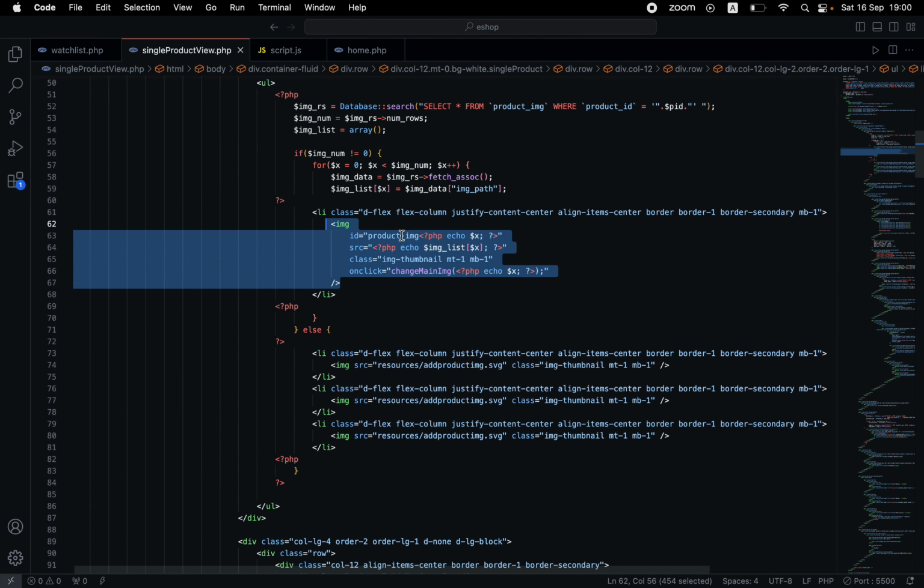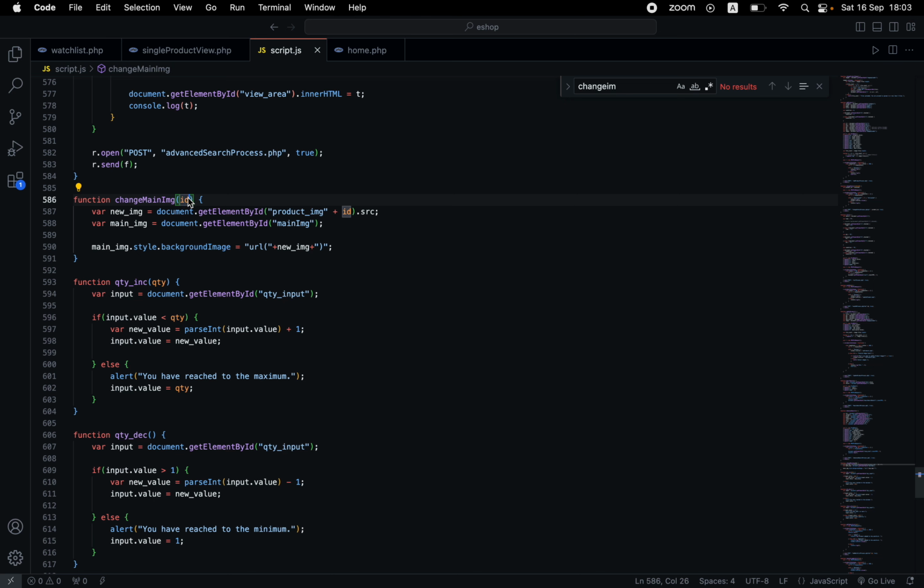So when the user clicks on this image tag, this function will be invoked, and it will pass this X variable as a parameter. Inside this change image function I am accepting that parameter, and inside this function